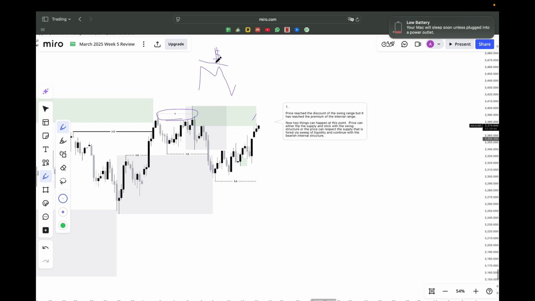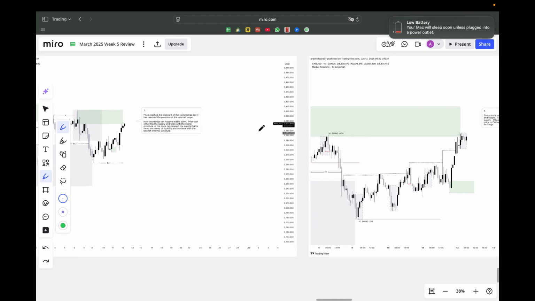Sandwiched between supply and demand, those kinds of things would never pop into my mind. So this seems like a very high probability supply because it has got inducement, it has swept liquidity, and it has a strong bearish shift. Everything is perfect about this supply. So there we can expect some reaction. At least if the price doesn't continue, we can expect some strong reaction. So yeah, let's wait for some H1 confirmation.